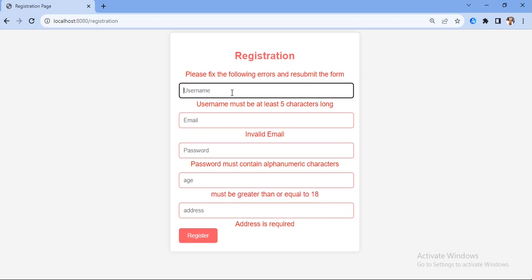So now let me enter the right input and try to submit. It will redirect us to the success page. Here let me enter a username as required, which is 5 characters. Email, let me enter a valid email,